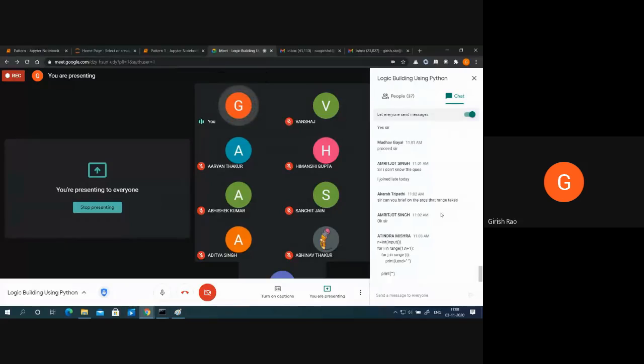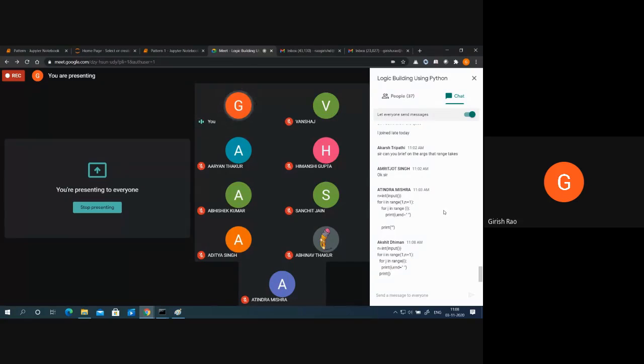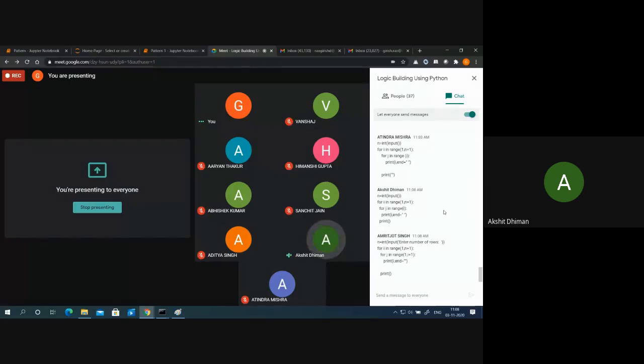Yeah, now you can paste the code and let me see how many of you have got it so that I can take the explanation. Akshit, yes, explain the code. So when we put an input n, the I loop will be starting from 1 to n plus 1. Good. And then the value will go to the j loop. And there you have taken j in range I, because you are not using the value of j starting from 1, and you are printing the value of I, right? Yes, sir. Okay, good. Thank you.